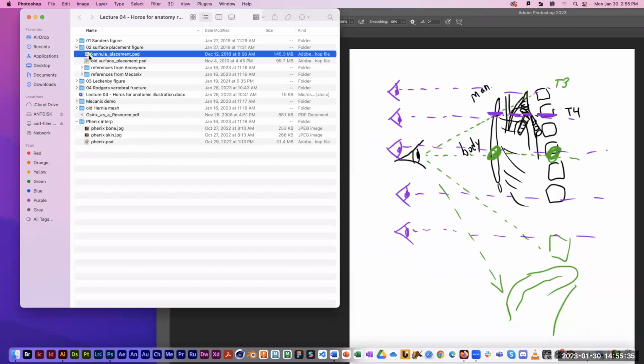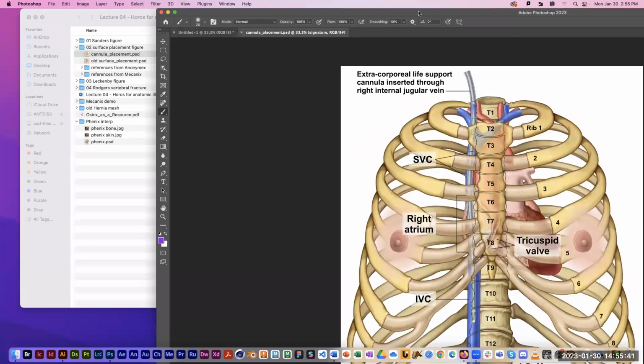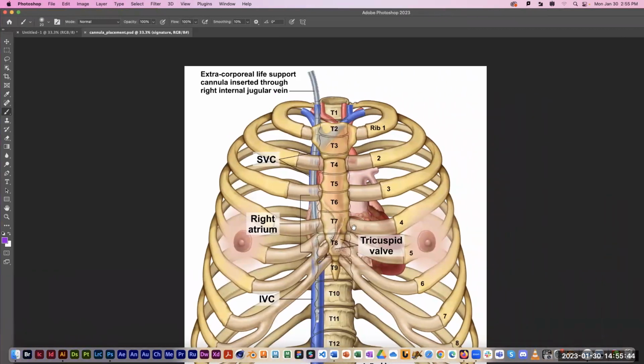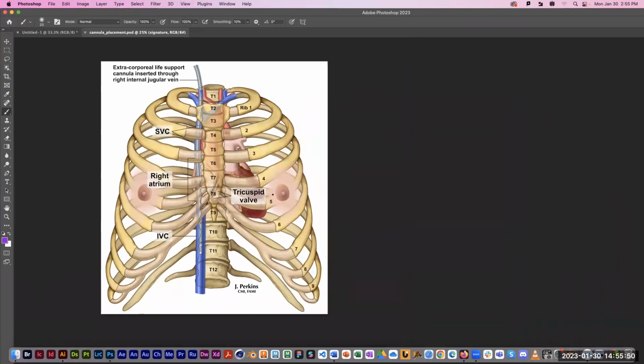Here's another one. Open this up in Photoshop. And this was actually the sort of inspiration for this project. And it was also the first time that I really understood the value of that parallel view setting in Horos versus the perspective view setting, because this is an example of an image showing exactly the kind of thing I was trying to sketch out here,